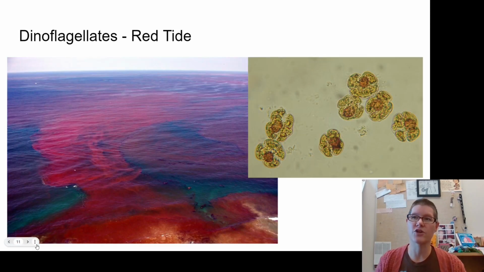But it doesn't mean all algae are good. Dinoflagellates can be troublesome. Many of them just live out in the water, but this particular one has a series of neurotoxins that it produces and can create a red tide. So you can see it's got a slightly reddish color or a very reddish color. If you see this out in the ocean, please don't go out there. It is definitely neurotoxic. Dinoflagellates are interesting because they have this very large casing around them, as well as a bunch of flagella. You can't see the flagella in the microscope image, but I promise that they're there.